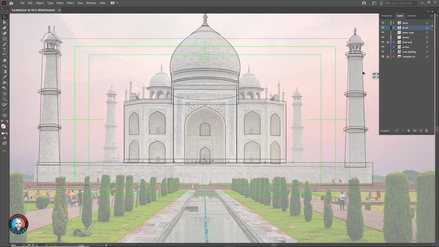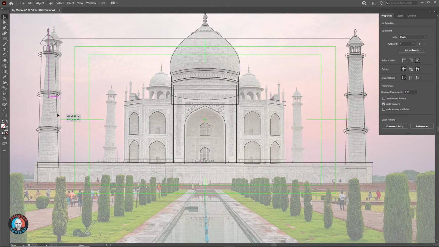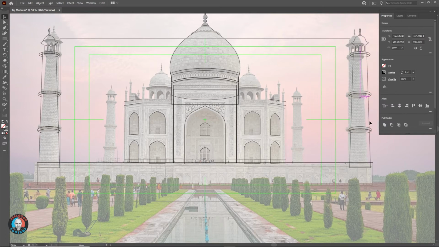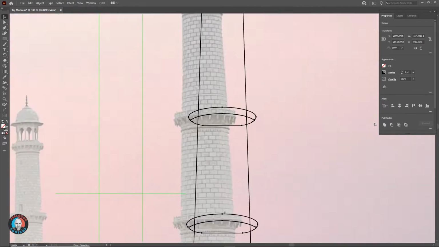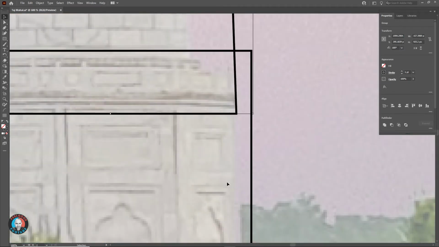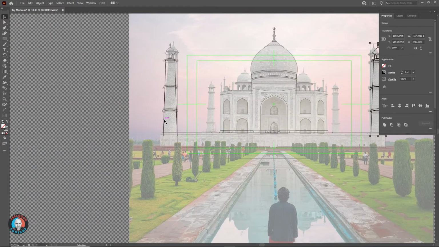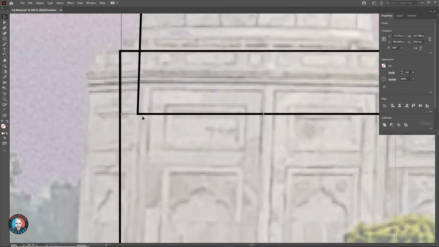With all the tower elements aligned correctly, I'll grab them all with the selection tool and Alt drag to create a duplicate of the entire tower. I'll position that more or less in place, then group these first 2 towers together, make sure they're aligned with each other and also aligned with the front wall.